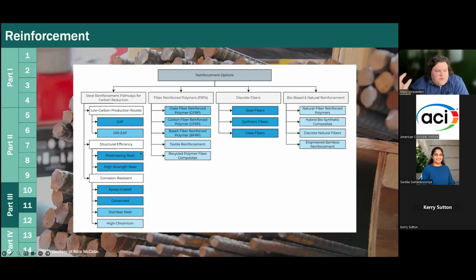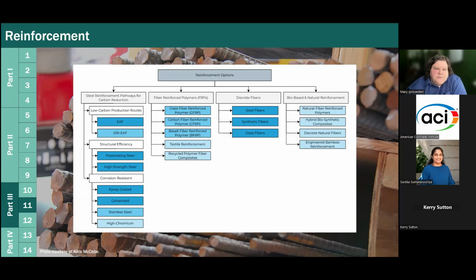we wanted to introduce pre-stressing steel, high-strength steel, include those because they do play a role in low carbon concrete. And I'm sure any of you in the area know, or anywhere in life, there's always things that blend together and cross boundaries. And so we tried to stick to materials, but we had to acknowledge in many cases that there's lots of other decisions that impact low carbon concrete. We have a section on corrosion resistant rebars. And this would be a good example of downstream savings, where maybe you choose a material that isn't the lowest embodied carbon up front, but it has added corrosion resistance so that later during the use phase, it might be a lot tougher, resistant to corrosion, and that means less